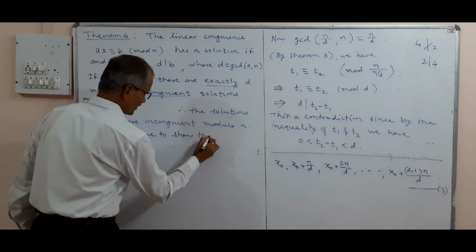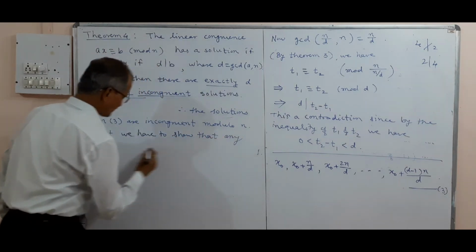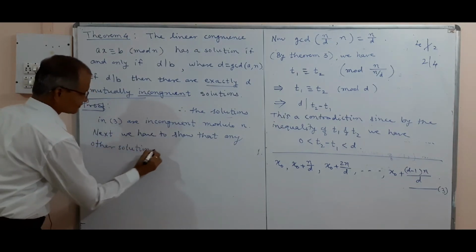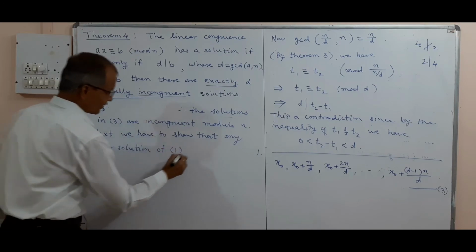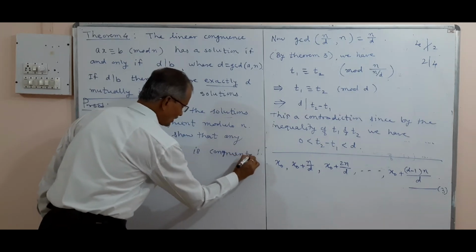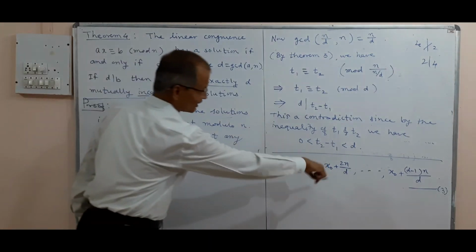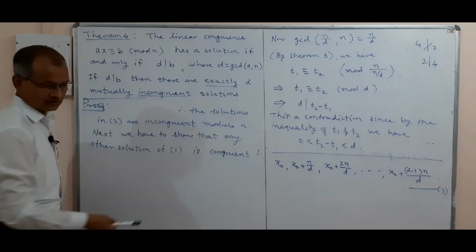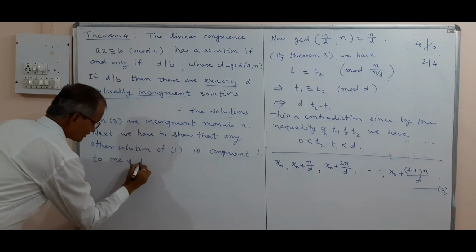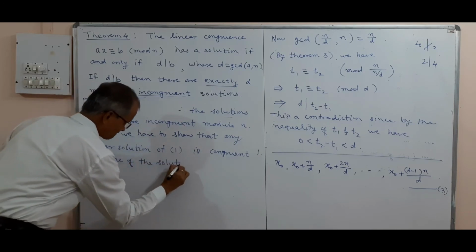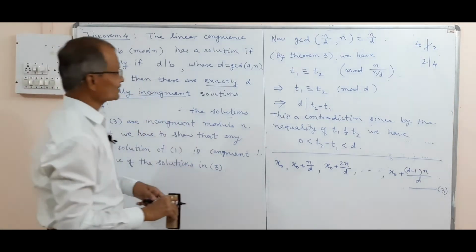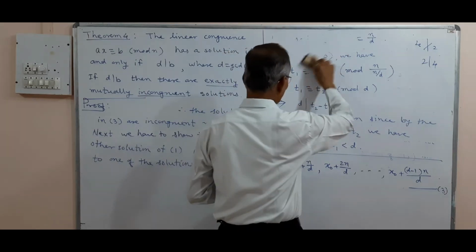Next we have to show that any other solution of congruence 1 is congruent to any other solution except these, other than these, is congruent to one of the solutions in 3. So this we have to show, and for that purpose we shall consider a solution in general form, that is